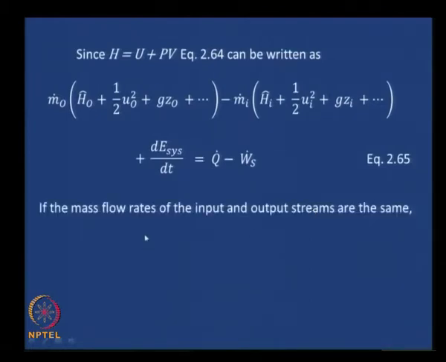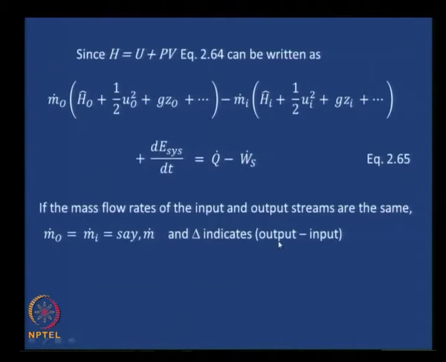Now, if the mass flow rates of the input and output streams are the same, they are typically the same, otherwise there will be accumulation. Mathematically, MO dot equals mi dot, and let us call that simply m dot after dropping the subscripts because they are the same. If that is the case